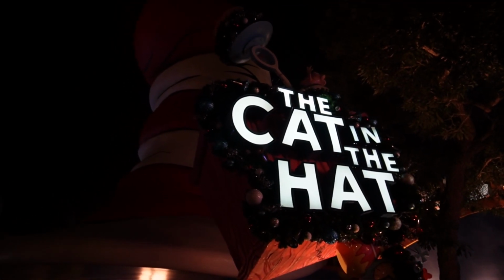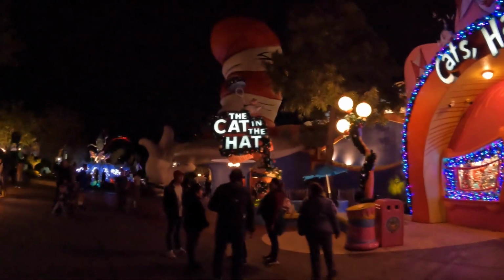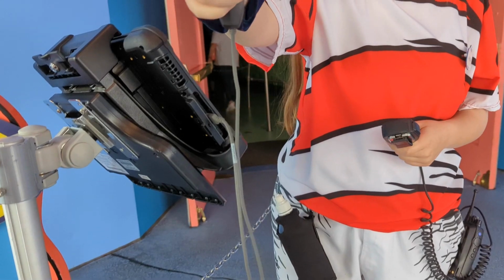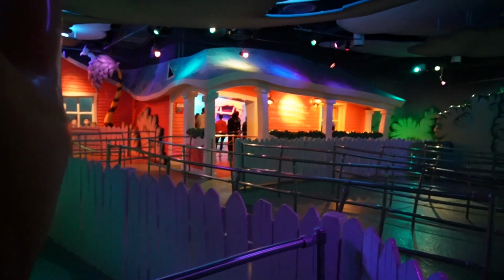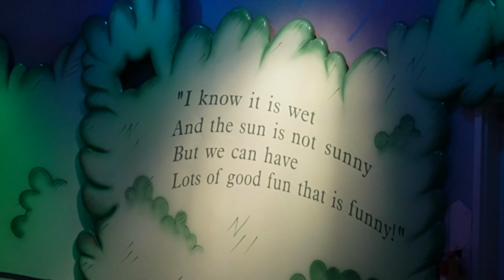As you come to the ride's entrance, you will notice an express pass line and a traditional line. If you are curious about express passes and how to use them, be sure to check out our express pass video after this video. Regardless of which line you choose, you will be transported into the classic book, The Cat in the Hat. Be sure to look up on the walls to see some of the classic storybook scenes and